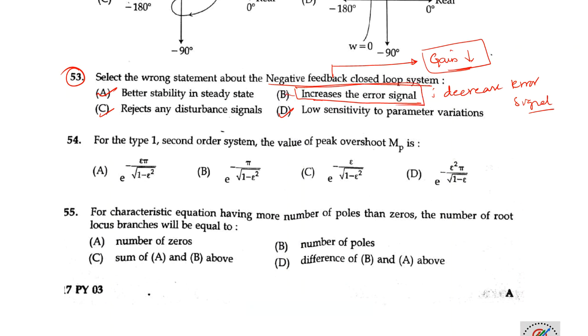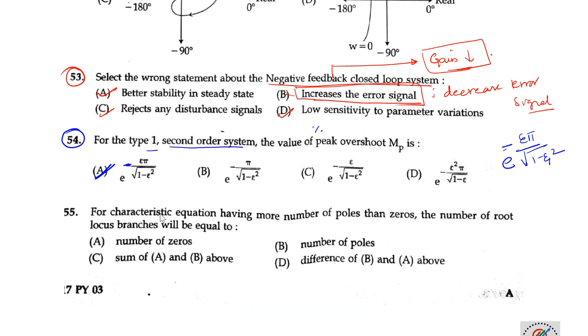Next question here, it is also from the control system. For the type 1 second order system, the value of maximum peak overshoot, actually here they're asking about percentage maximum peak overshoot. The answer for this question is e power minus damping ratio into pi divided by square root of 1 minus eta square. Because of a printing mistake here, the minus sign is not visible. So option A is the right option for this question here. Okay, next one,